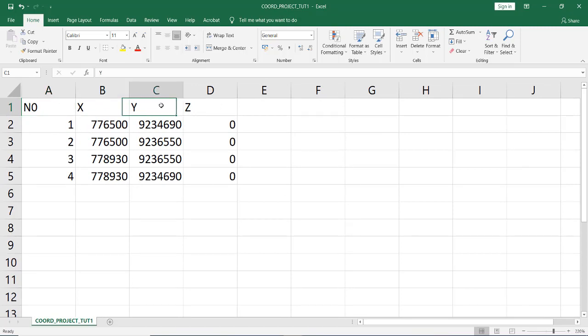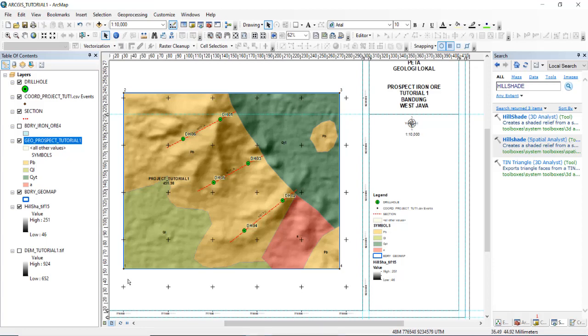Number X, Y, Z. Z is 0, no problem. Okay, important is number 1. Block modeling starts from this point, lowest to highest coordinate, lowest elevation to highest elevation. Maybe here the highest elevation, the lowest.